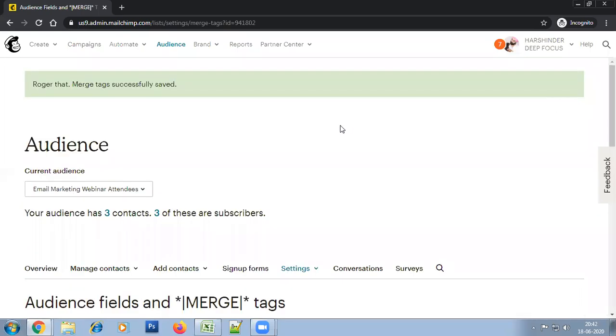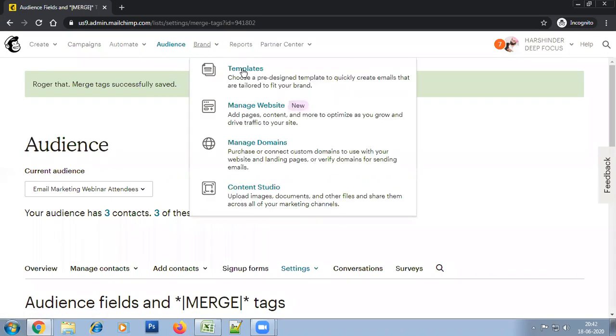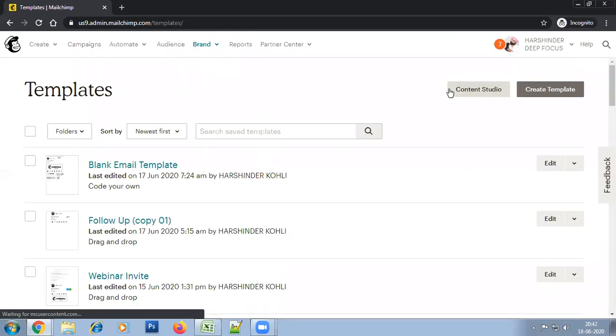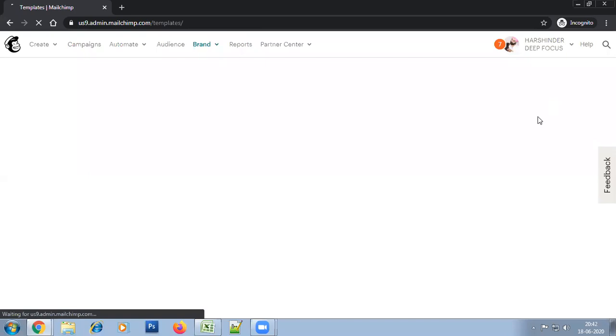The second last step is designing your email template. So we have the list ready, and we are going to now set up a template. So how do we set up the template? On the top, you see all of these menu items. Right now we have explored audience. Now we are going to explore brand, and then click on templates. Now we are going to click on create template,